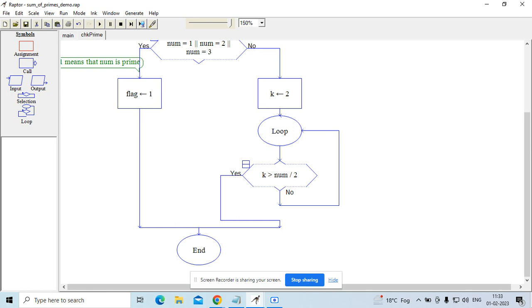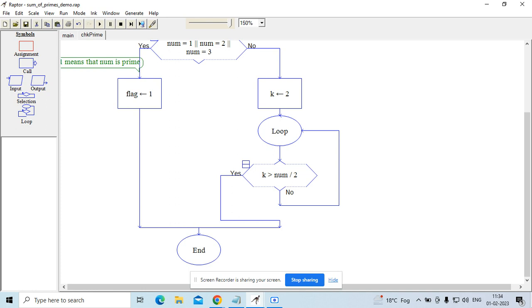But for those of you who are new, I will check for all values till I reach the halfway mark, or the midpoint of num. So beginning from 2